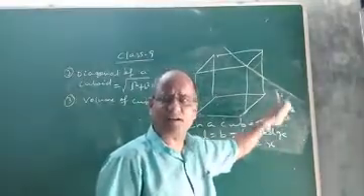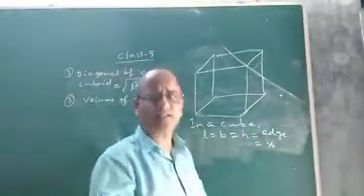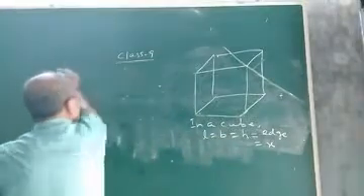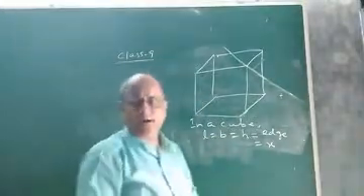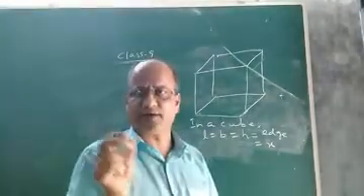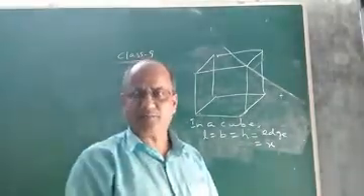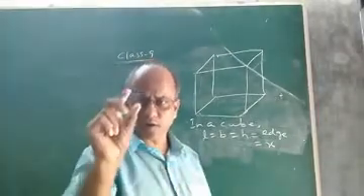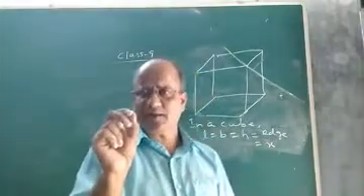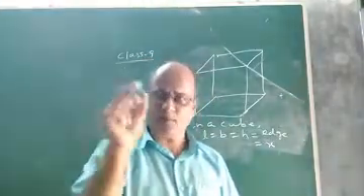Now if X is the edge of the cube, that means it is the length as well as breadth as well as height. You must have seen a Ludo die, it is cubical in shape. Okay, it is a cube. Cubical ice cream is also cubical. So you must have seen Ludo die, it is cube in shape.